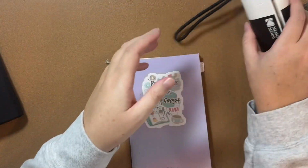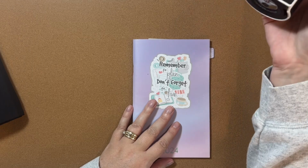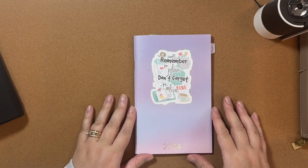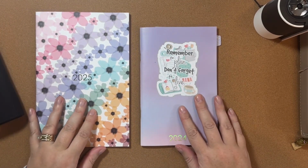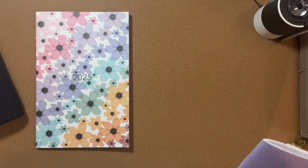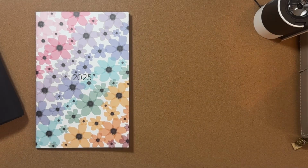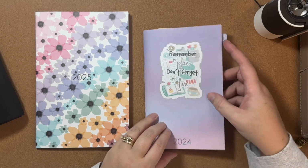Next up, I will show you my content planner, which is from Shelly. I just need to put this off to the side, I think. This is from Shelly. I did do a review of the Shelly fall launch. However, I was not sent this monthly planning book. If you have not heard of Shelly, that might be a good video to watch, so I'll try to remember to link that for you as well. But basically, this is my content planner, and